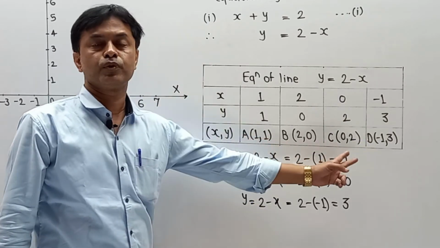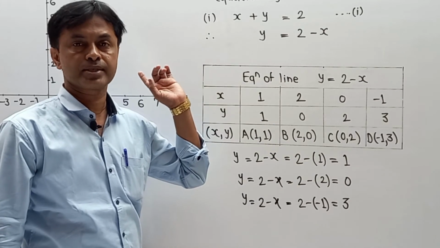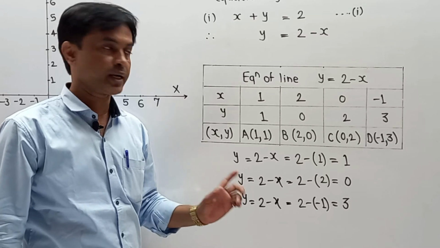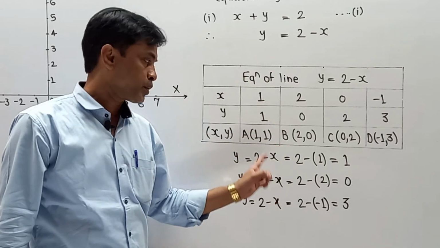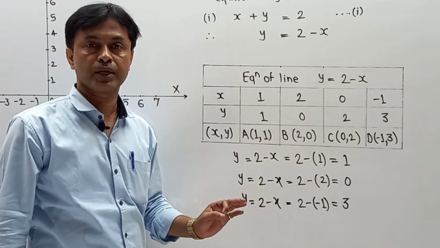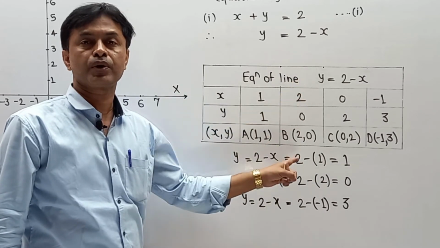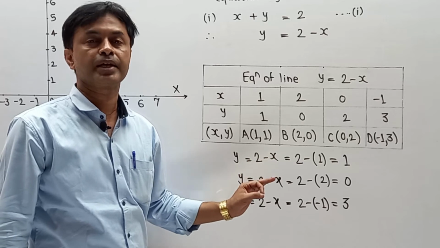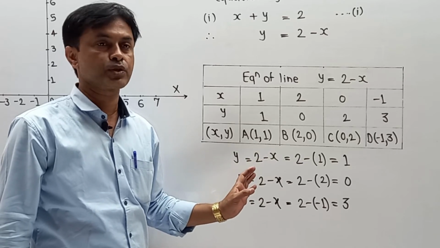So with the help of these 4 points, I'm going to draw it on a coordinate axis, and then I'm going to draw the respective line. Remember that when you're going to solve that part, all 4 points must be collinear. Why? Because you have developed all these points from the same equation of a line. If not, then you have made some mathematical mistake. So please pay attention in such numericals.